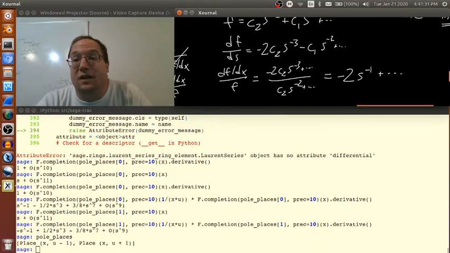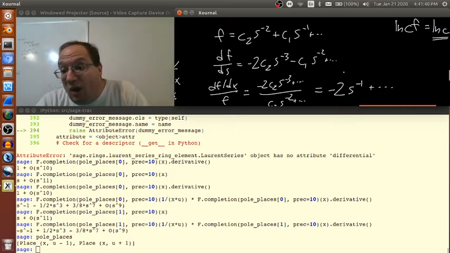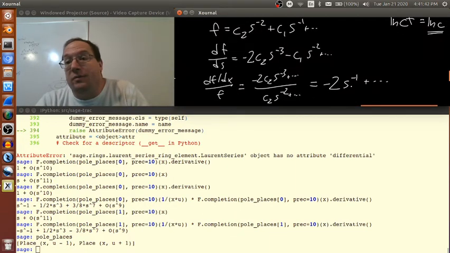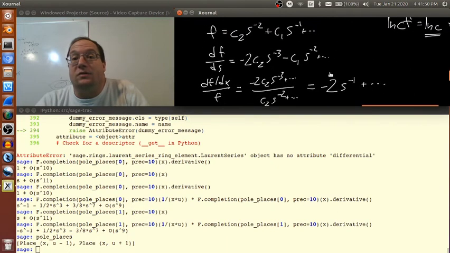What matters is the power, the strength of the pole, that's what becomes the coefficient. You always get an s to the minus 1 term, and then this is if this was an s to the plus, if this was actually, let me just do